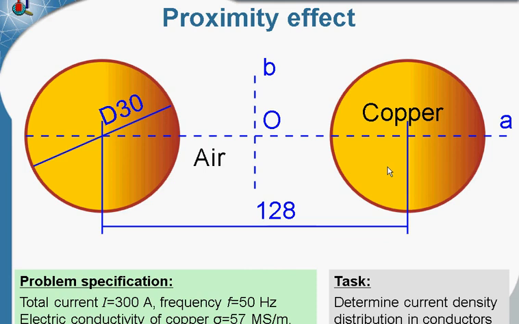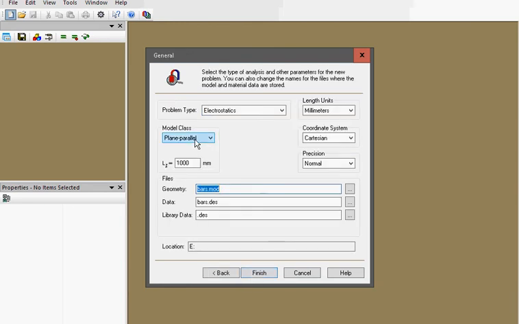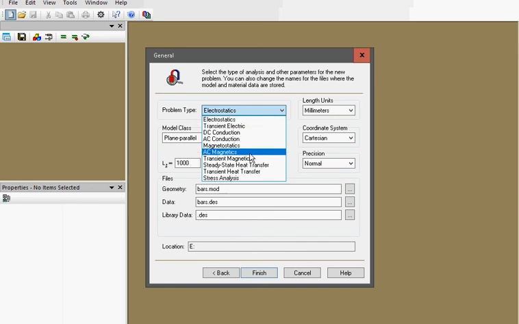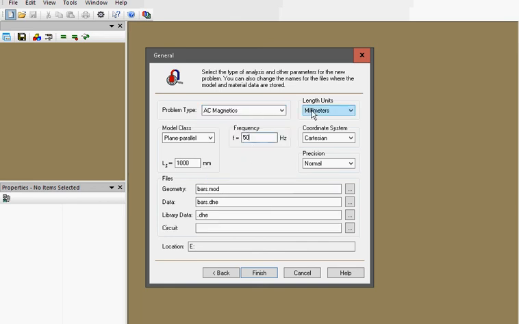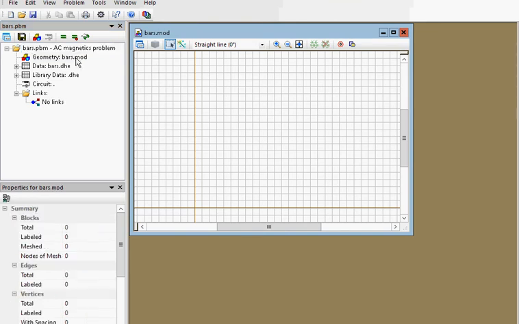Okay, let's start QuickField now. In QuickField I create new problem. Bars. Next. Model class is plane parallel. Problem type is AC magnetics. Frequency is 50 Hz. Length units are millimeters. The model axle length is 1 meter. Finish. On the left you can see the problem pane, and on the right you can see the geometry model